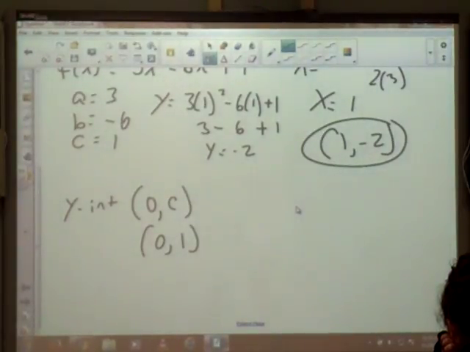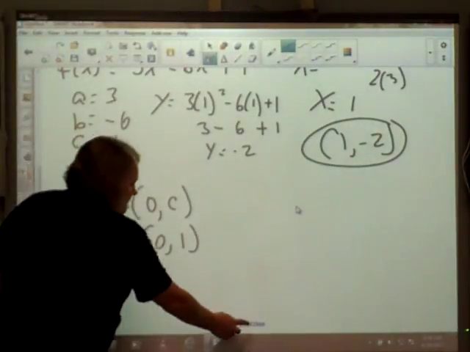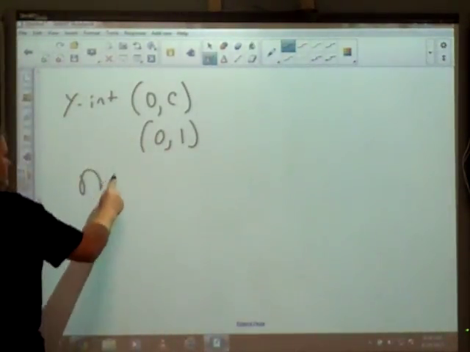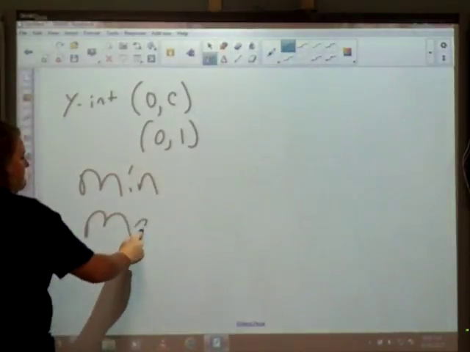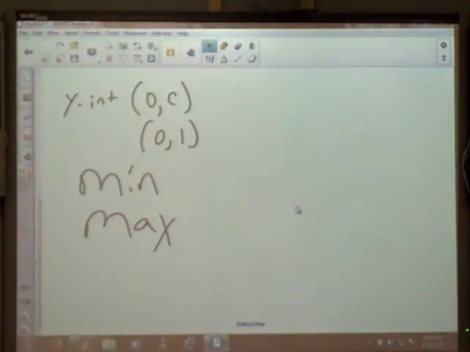Okay? Now, some new words, probably need to write them over there so the video can see them. That'd be a smart thing to do. Does this new parabola have a minimum or a maximum value? I've heard both, so I want you to think about it. Look at your picture over there on your paper and think about it. If you tell me it has a maximum,